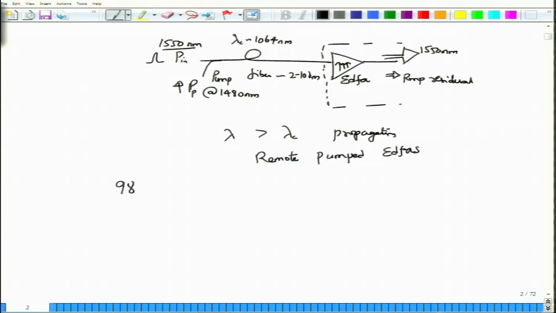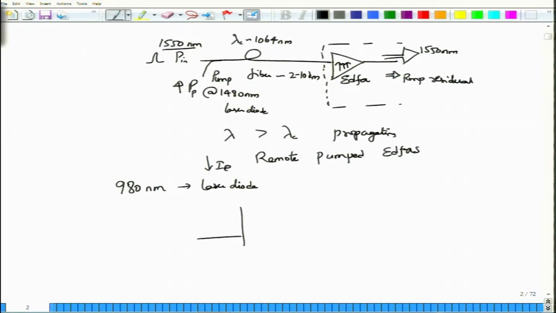If you examine the 980 nanometer pump itself, that is actually realized as a laser diode. So, you are back to the situation where even the 1480 nanometer is a laser diode itself. Usually it is a laser diode, not another optical signal. So, you are back with having some current requirement for the pumping, but that is all right. This is for the laser to generate energy at 980 nanometer or 1480 nanometer, but the actual pumping to the erbium doped fiber is done in the optical way. So, that is the optical pumping.